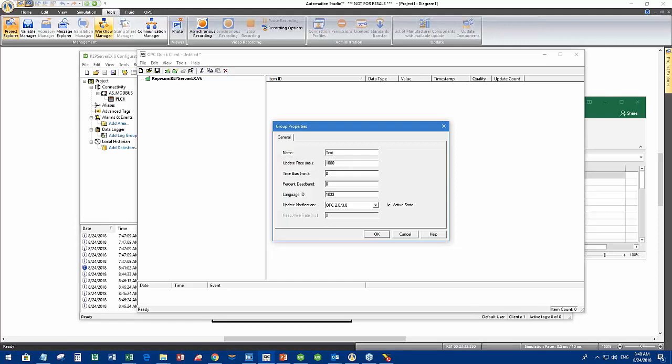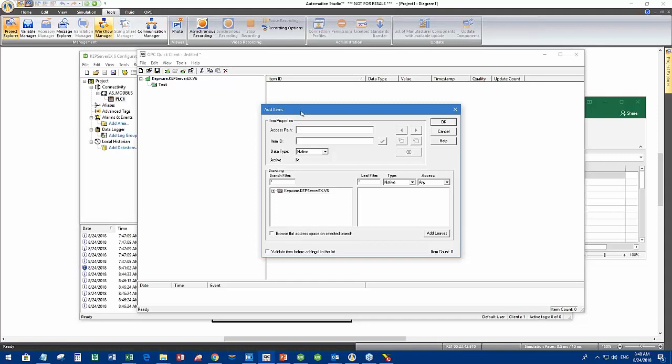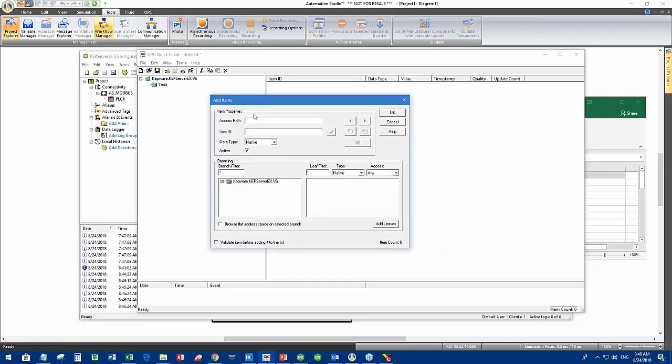I'm going to call it, for example, test. And it's by default 1000 millisecond. That's one, it will scan at 1 second frequency. Now after this, I come over to defining the items, which are the points that I want to read or write into the PLC. So you see over here,